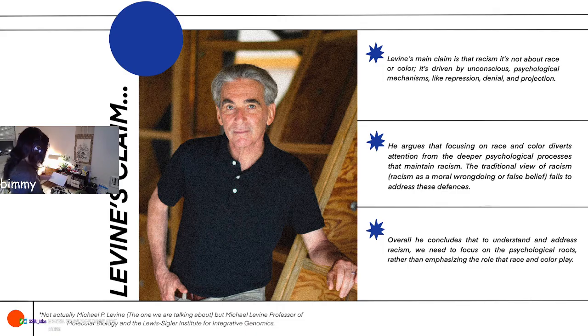So, Levine, Michael P. Levine, in his work, Racism in Mind, Philosophy and Racism, argues that racism is not just a result of false beliefs or moral failings, but is deeply rooted in psychological mechanisms. Levine claims that to understand and address racism, we need to focus on these psychological roots rather than emphasizing the role that race and color play. To him, racism is a psychological phenomenon that comes from these mechanisms, which don't stem from race and color. If we focus on race and color as the core of racism, it leads us in the wrong direction because